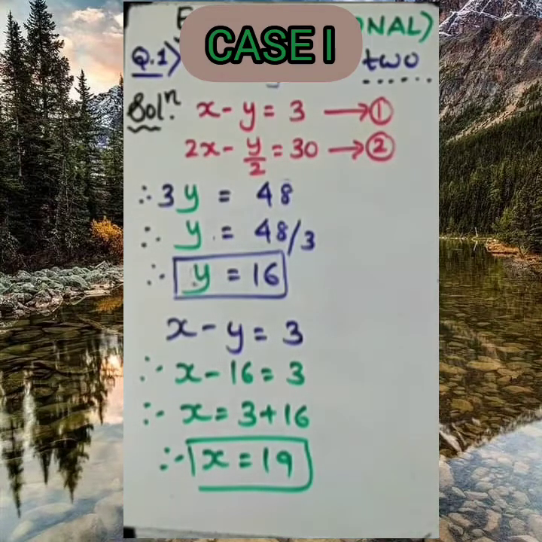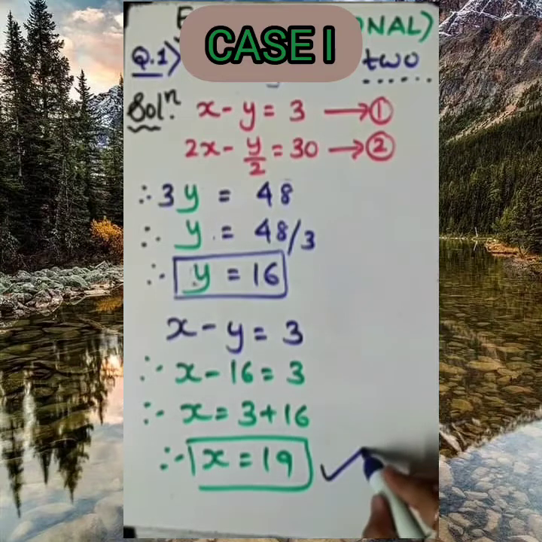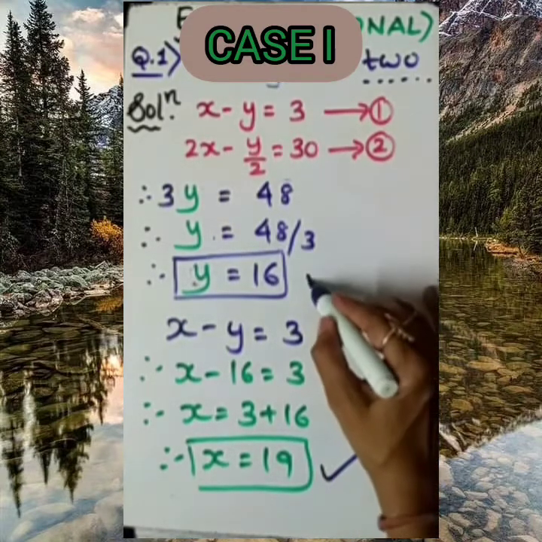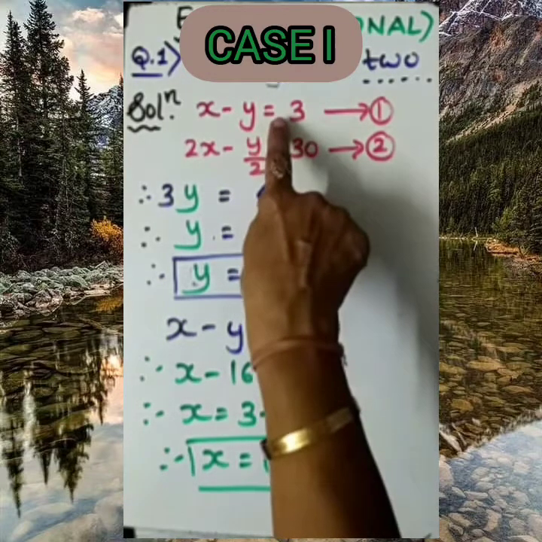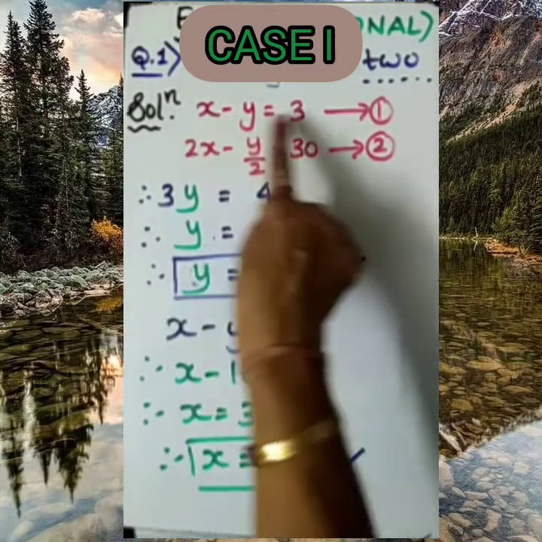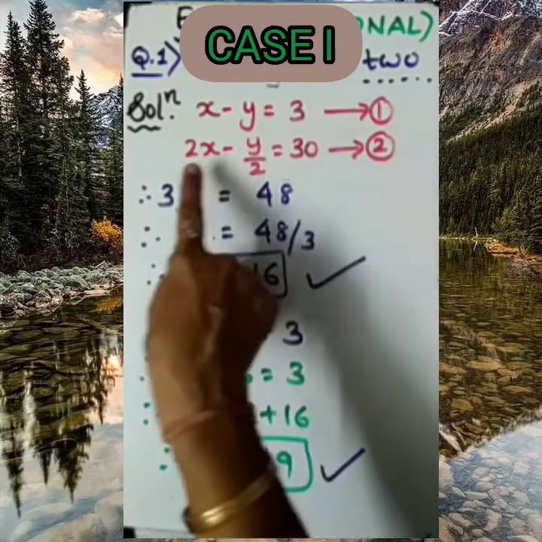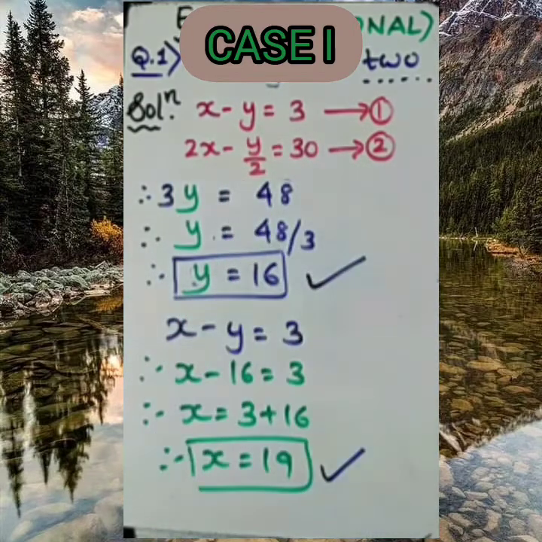So this is case number 1. Please remember, dear student, in the first case the value of x equal to 19. At that time, the value of y equal to 16. This is our first solution. Okay. Now, let's think about equations number 3 and 4. Okay. What was the difference in 3 and 4? Only and only here the minus sign will be there, because equation 3 is having minus here and equation 4 remains the same. So let's see how to go with that.